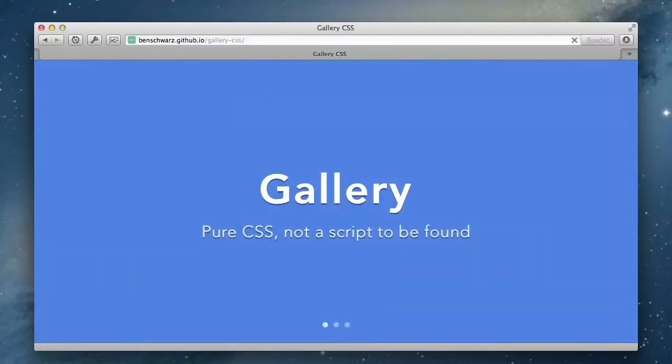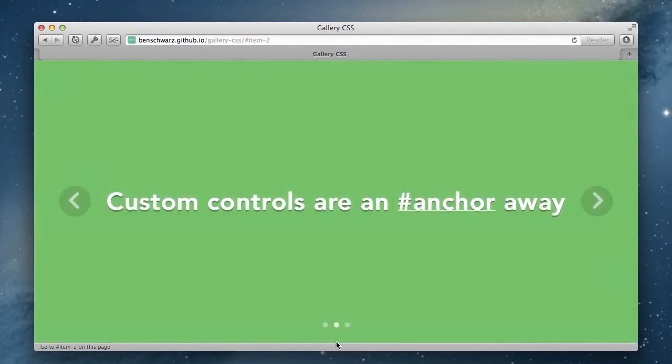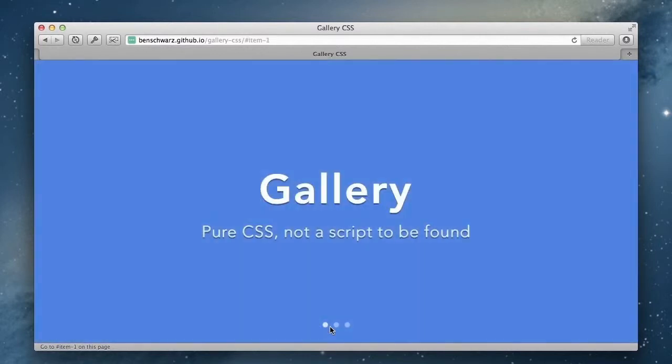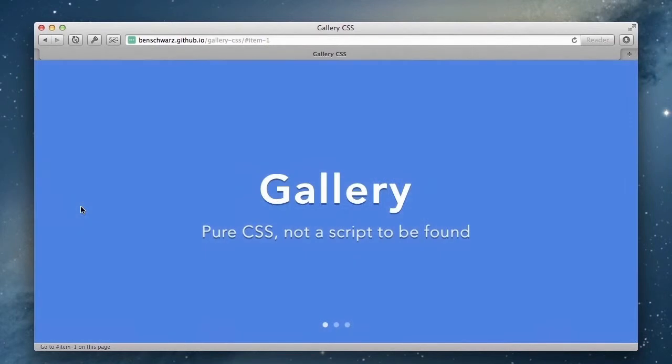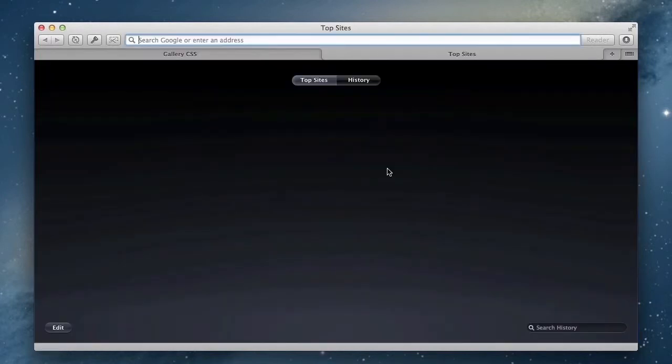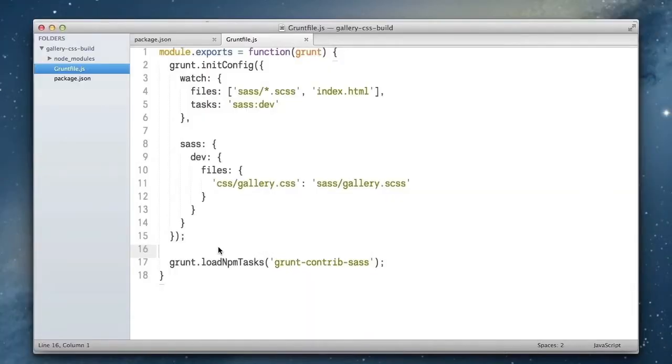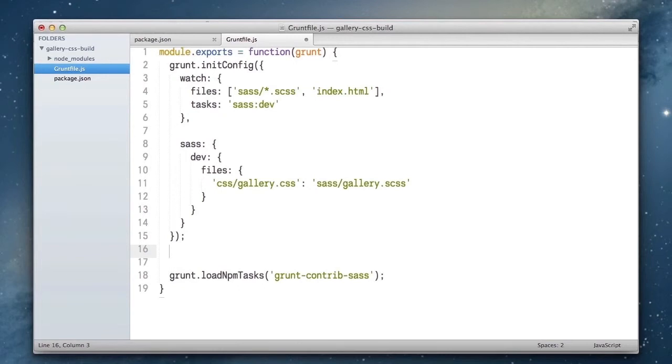Gallery CSS is a pure CSS carousel library, so that means that you can have a bunch of slides that will autoplay and transition, or you can even interrupt that playback by adding some controls. If you follow the simple classes that are applied to the markup, then you can make something pretty neat using only CSS and HTML. We do that by adding